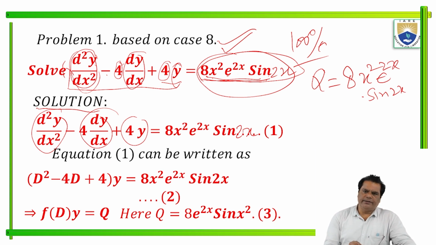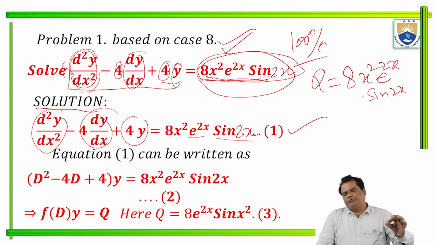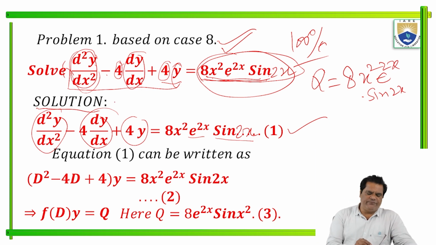Equal to 8 x square e to the power 2x into sine 2x. This is equation 1. This is given in our question paper, and we write the solution. Solution means start, and I am writing the question first. So equation 1 can be written as